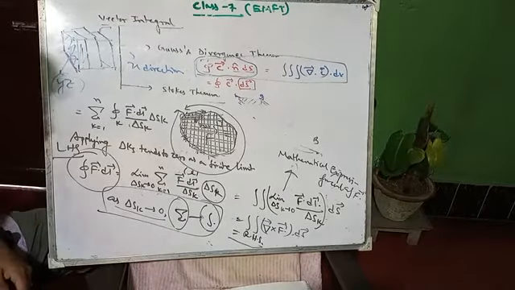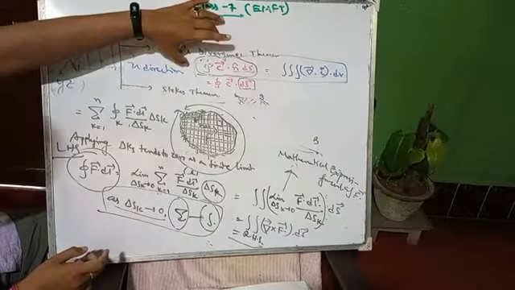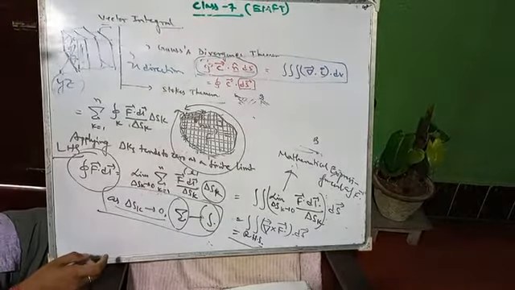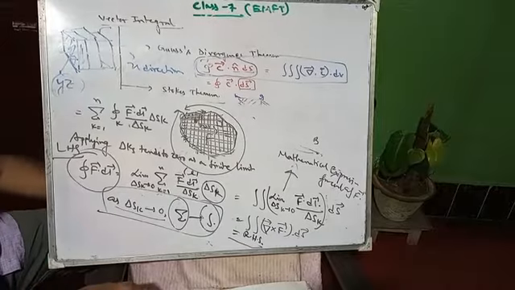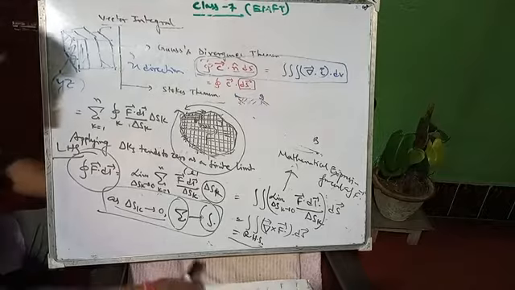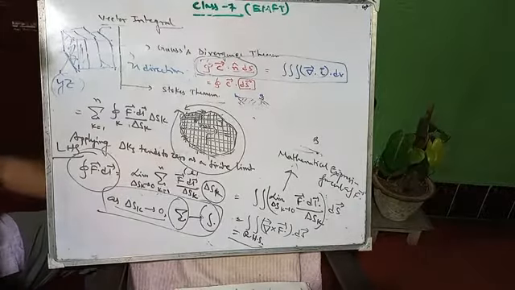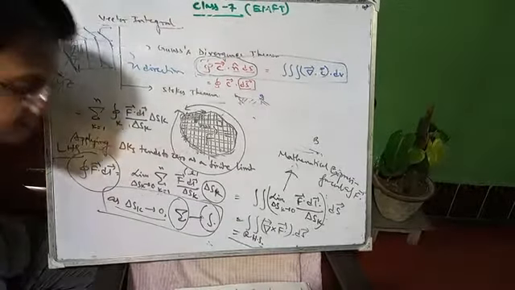Today I have covered the vector integrals, that is Gauss's divergence theorem as well as Stokes theorem. Today's class is up to this much, and next day I will discuss the next two: Green's identities and the Helmholtz theorem. These two theorems are left. So thank you, today's class is over.